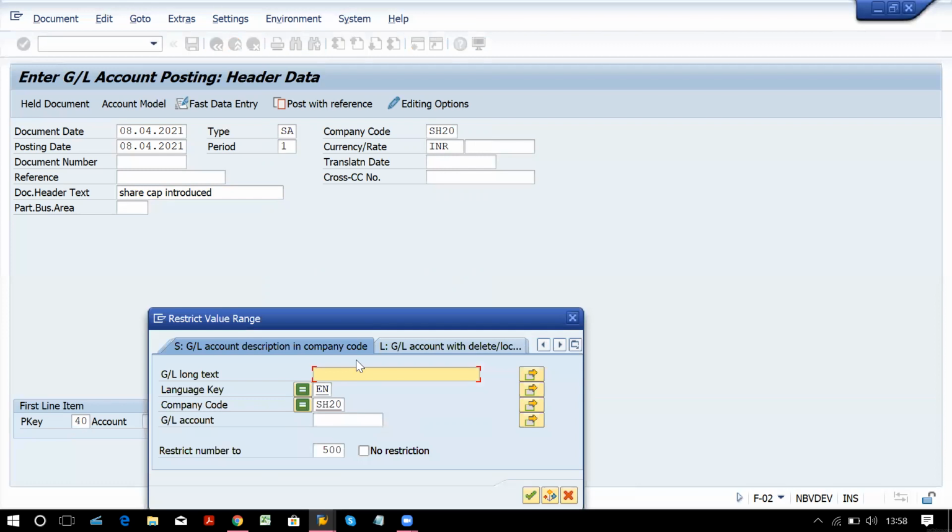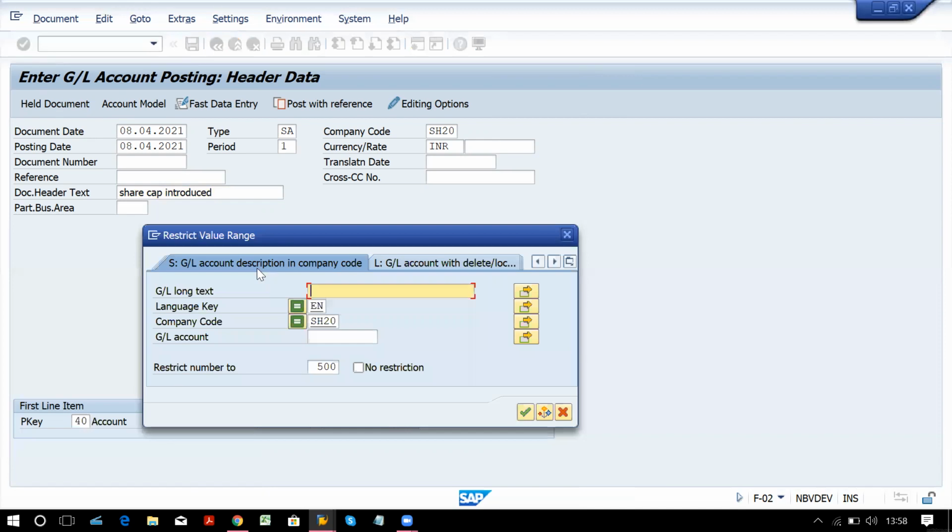Okay. So if you click on the icon or press F4, always check if company code is selected here or not. Okay, these tabs you can select. If it is not there, you can search for GL account description with company code. Okay, so it will appear company code here. If it is not there, then it will open up a big list. Whatever data is there for all the company codes, it will open up your GL account list. So this is very important. Okay. Now continue.